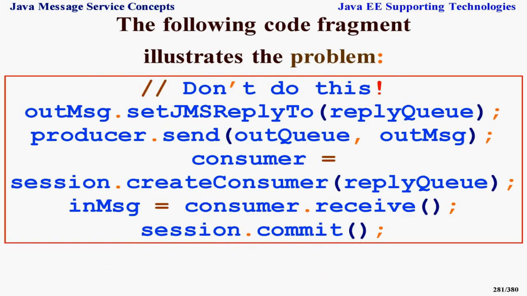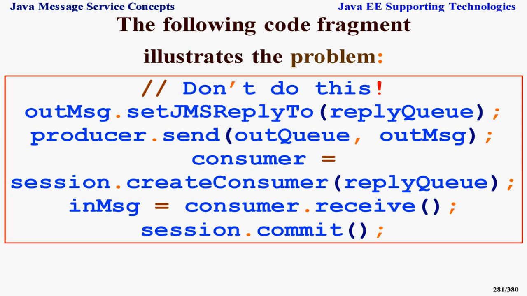Don't do this. outMsg.setJMSReplyTo(replyQueue); producer.send(outQueue, outMsg); consumer = session.createConsumer(replyQueue); inMsg = consumer.receive(); session.commit();